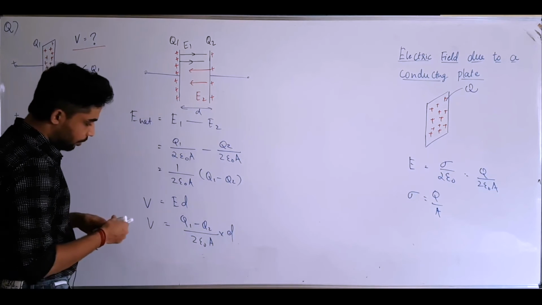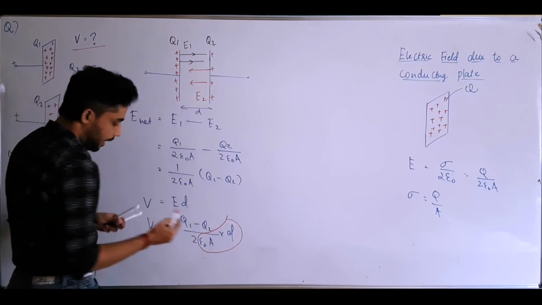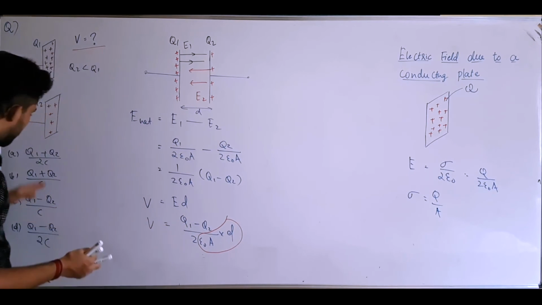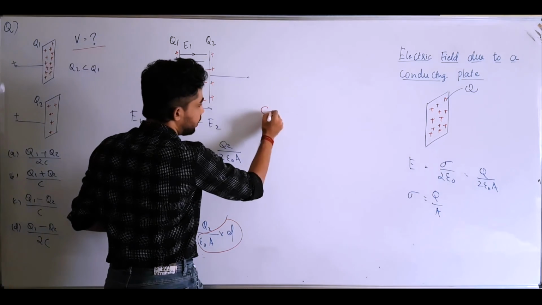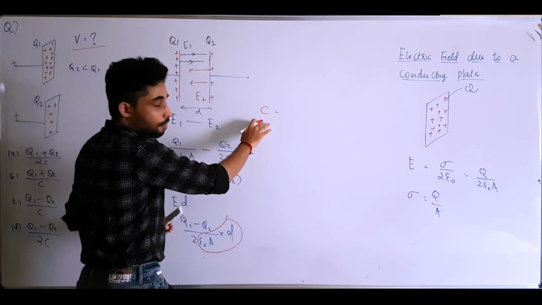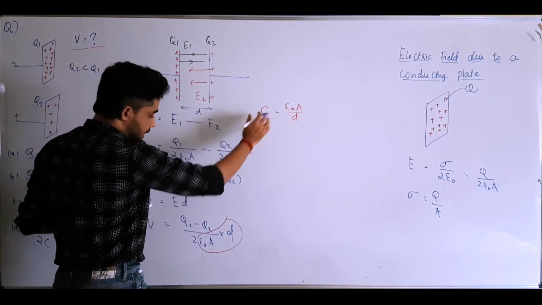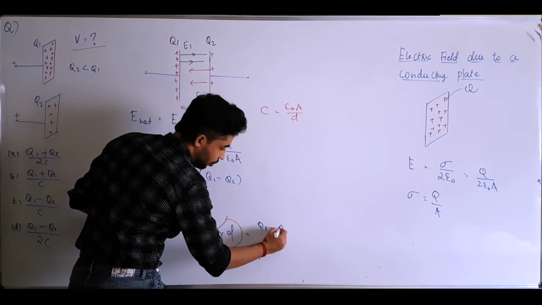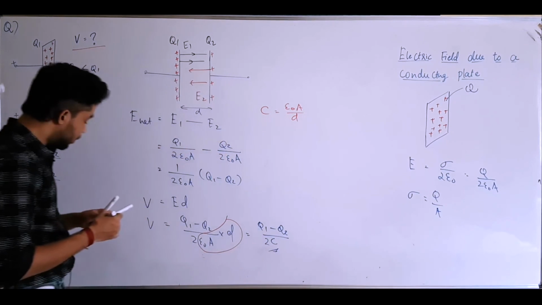And we know that epsilon naught A by d is going to be C, and you can also understand that from the options because they have given them in terms of Q1, Q2 and C. For a capacitor, the capacitance is epsilon naught A by d. So from this I can directly write this to be Q1 minus Q2 divided by 2C. So the correct option should be